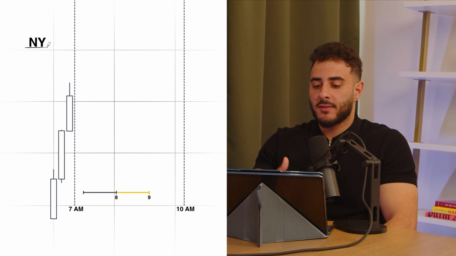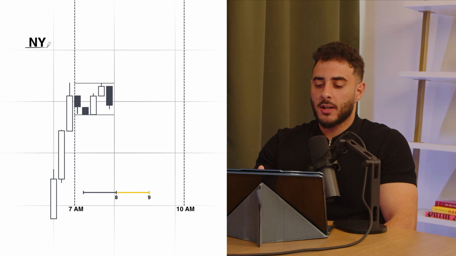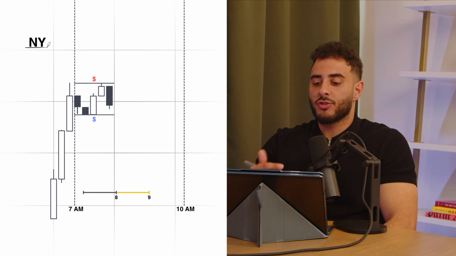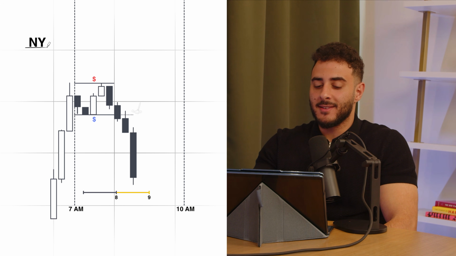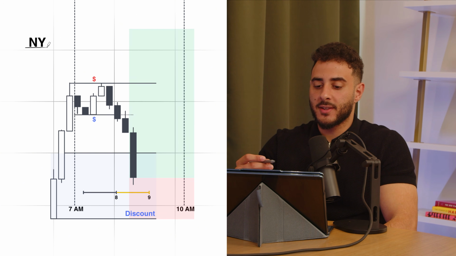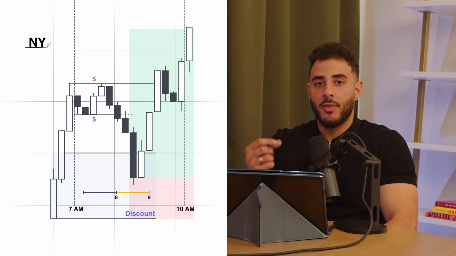Now, during the first 7 to 8 a.m. hour, price typically consolidates to build orders. But then as soon as the golden hour hits, price goes into action, sweeping the range low, dipping into a discount to set up the perfect entry to target the range high. This is time meeting price.